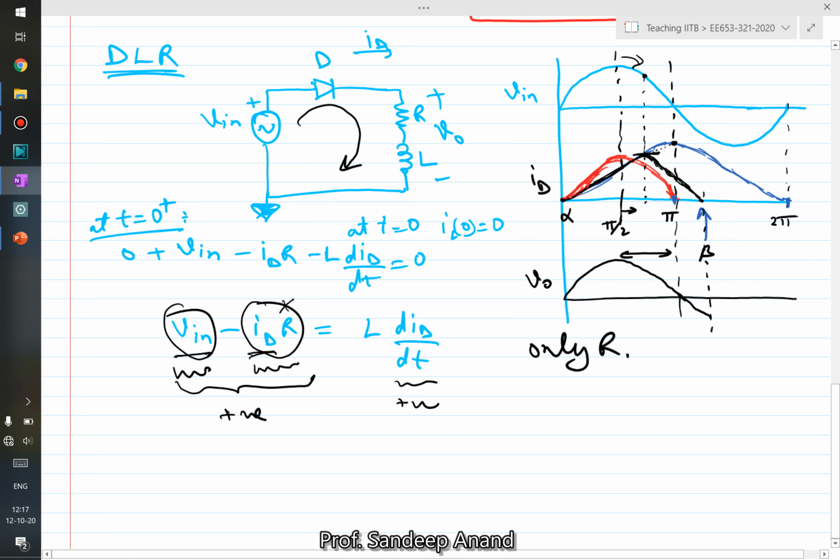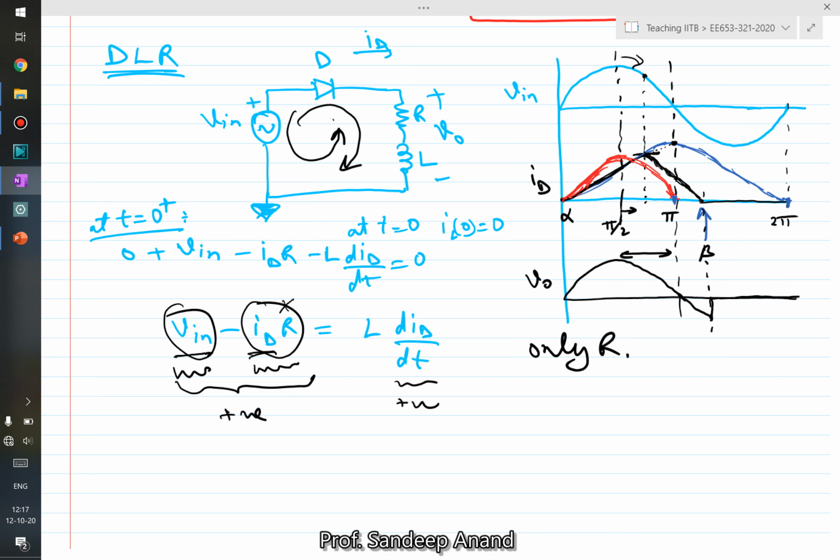And then once the diode stops, when the current hits zero, if the diode had not been there, the current would have reversed direction, because the input voltage would have forced current in the opposite direction. But because there is a diode, current cannot flow in the reverse direction, and therefore current remains zero, the diode does not conduct, and there is no current and no voltage, so the output voltage also remains zero. So this is the wave shape of the output voltage.